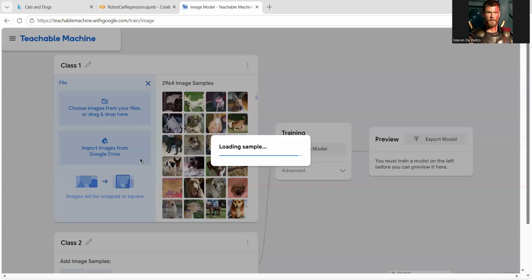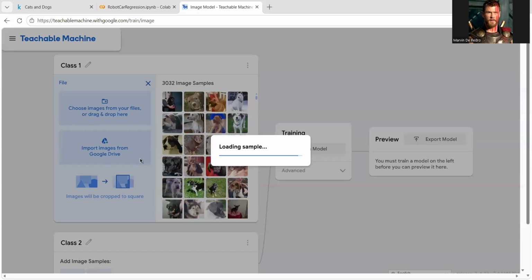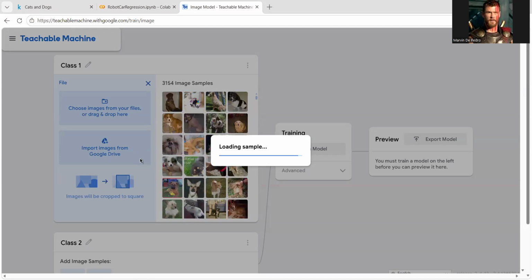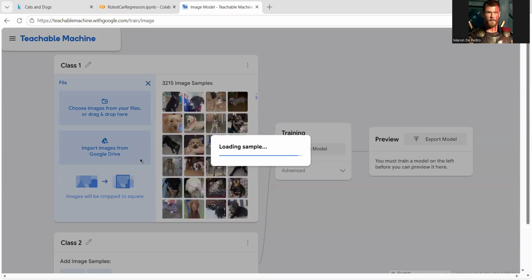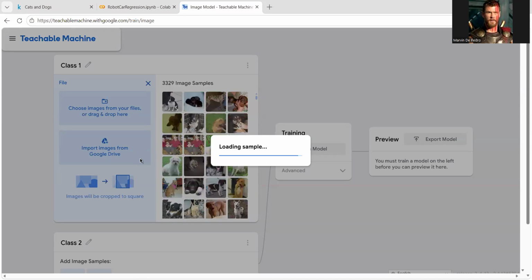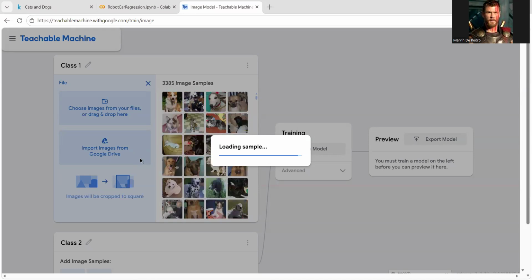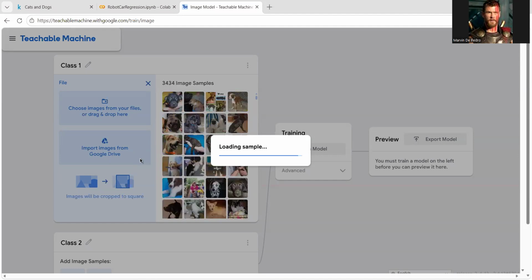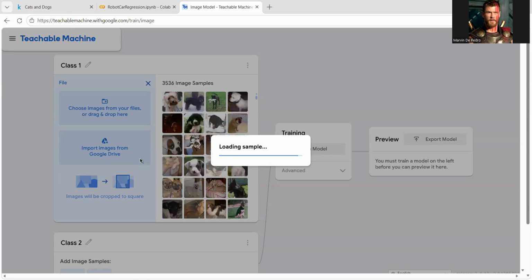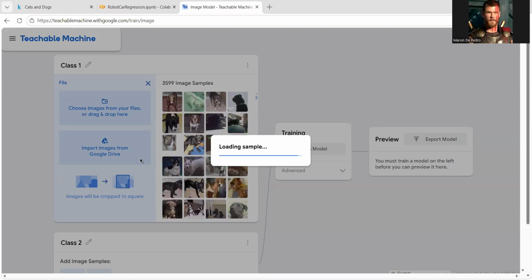Okay. By the way, in case you get confused, we train both algorithm and model. If it's your first time to train a raw algorithm, then what you're doing is training your algorithm to become a model. But in this case, in Teachable Machine, they have a pre-trained model already.